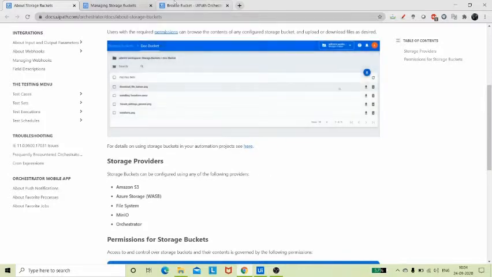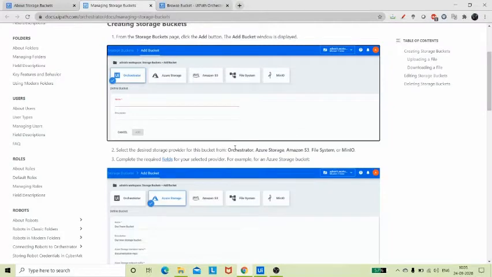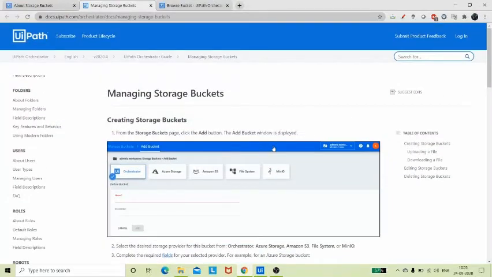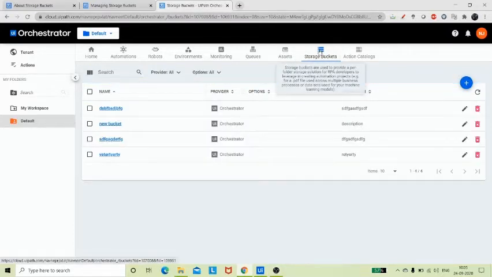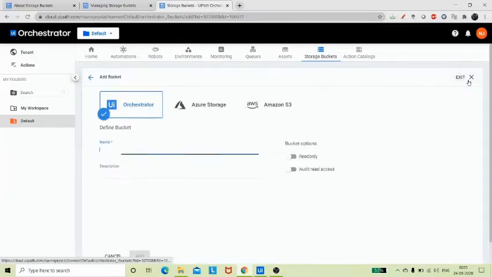So we can integrate different storage solutions inside our Orchestrator, right? We can integrate Amazon S3, Azure storage, or Orchestrator storage solutions inside our Orchestrator. So I would simply go to storage buckets in the Orchestrator. Here you can see there are different buckets available, and we can simply click on add